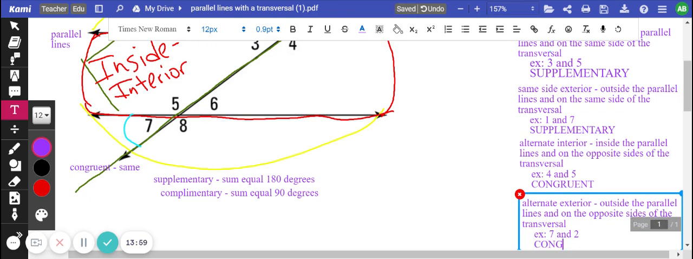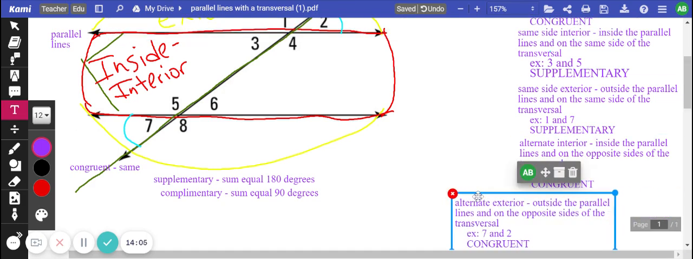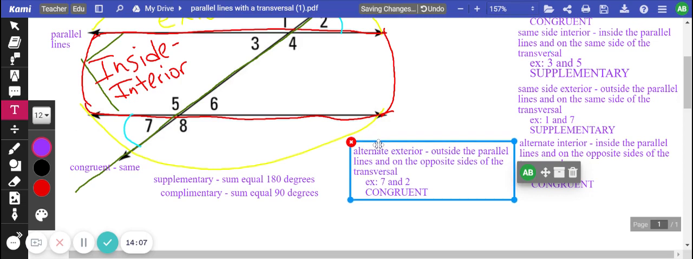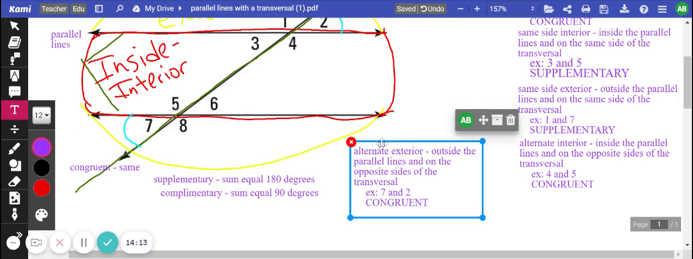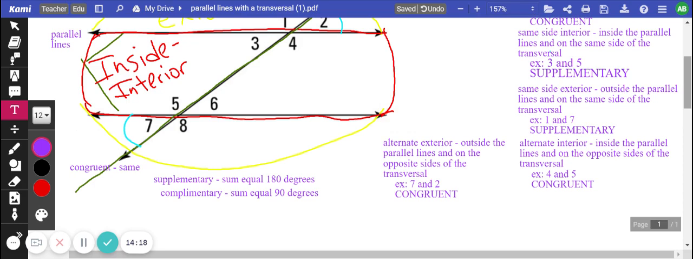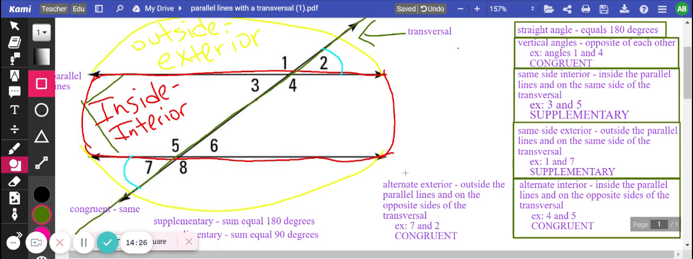And they are congruent. I'm going to move this over here. Make it that way. We can see together. Okay. Now